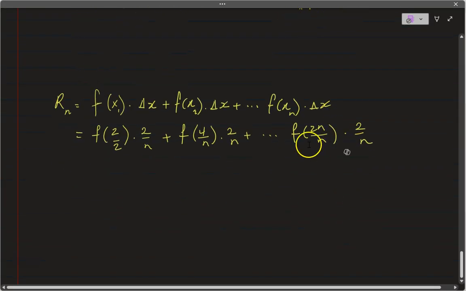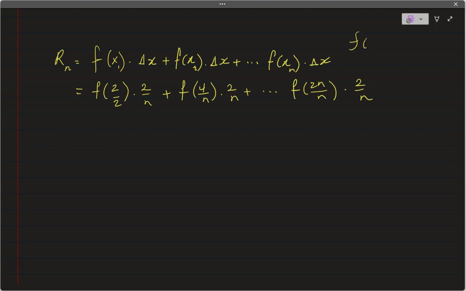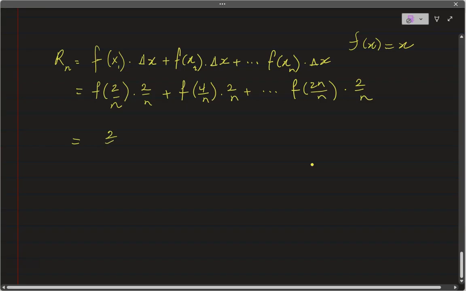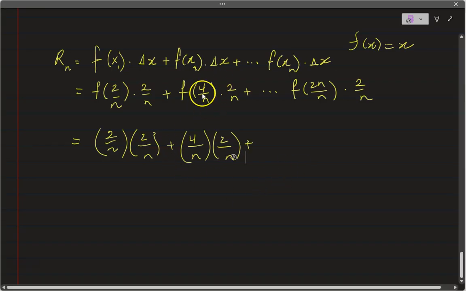Now, when you simplify this, because the function is y equals x, this is our function f of x equals x. We'll just have to plug it in. So this would be 2 over n times 2 over n, plus 4 over n times 2 over n, plus, because remember, I'm just taking the input x1, which is our sample value, but it's the right